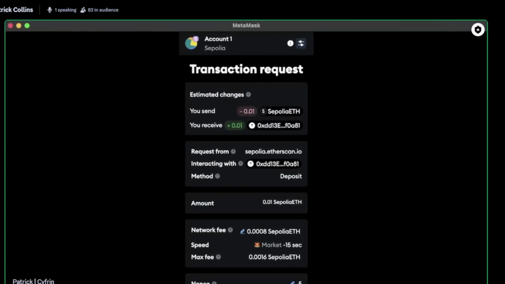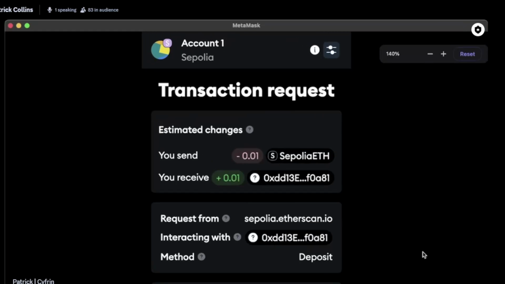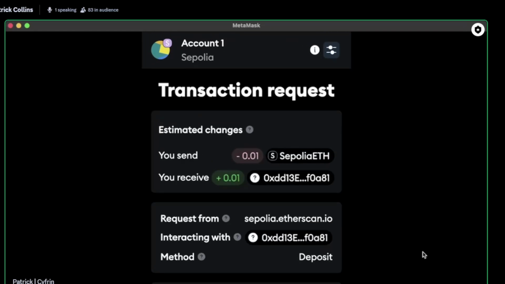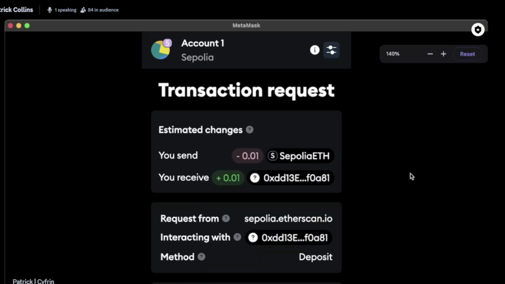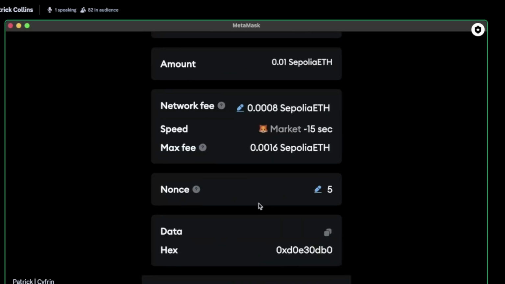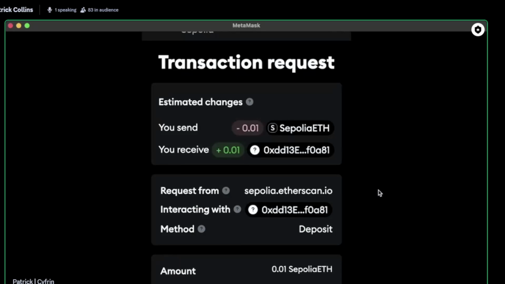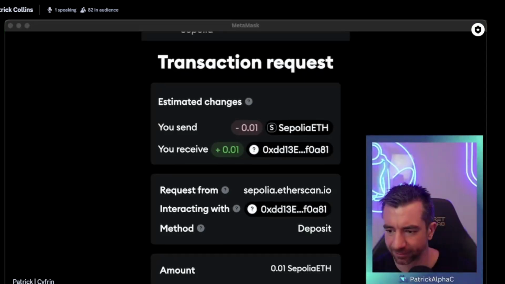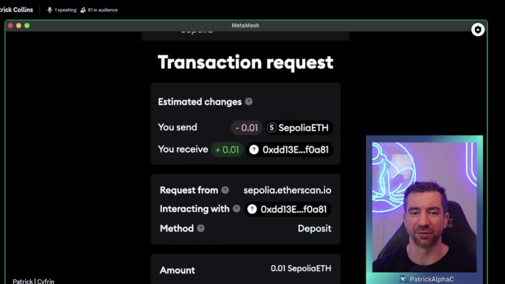So before we even look at a safe multi-sig transaction, we can look at a basic MetaMask transaction. Isn't that wonderful? So here is what we see in our MetaMask. And right at the top, we see estimated changes. We see all this information here. So before we even get started doing the safe stuff,